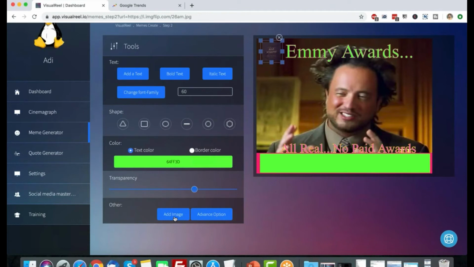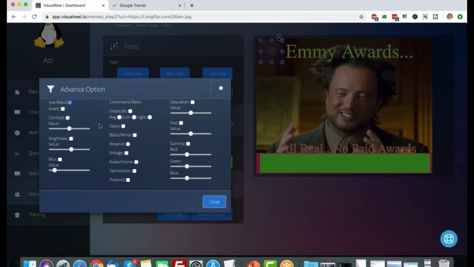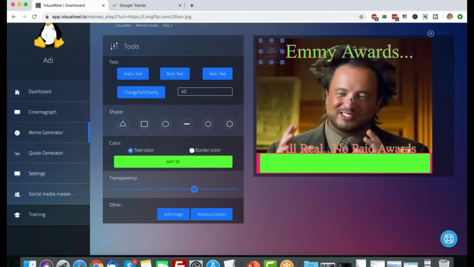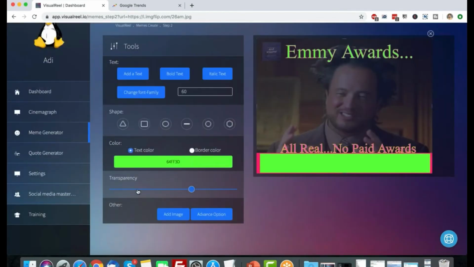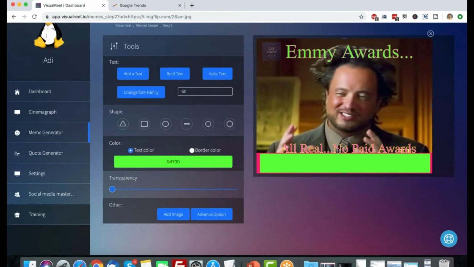All right, perfect. Now there are a few things called advanced options. I'm going to click on this to show you. This essentially lets you customize your picture a little bit more. So I'm going to click on this picture over here, right? Click on advanced option. Oh, I don't want transparency on this. Let me remove the transparency here. Let me try this up here. Click on advanced option here, because again, remember, I clicked on this picture to edit this picture, not all this text.